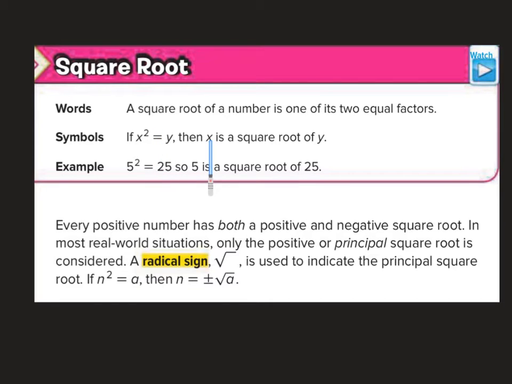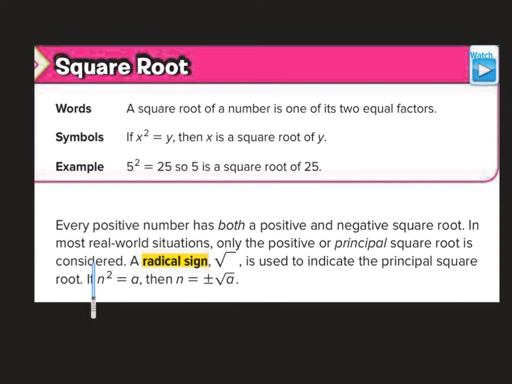A square root of a number is one of its two equal factors. You probably remember this from finding the doubles when you were working on multiplication tables, like 2 times 2 is 4, 3 times 3 is 9, 4 times 4 is 16. In symbols, it looks like this. If x squared equals y, then x is a square root of y. So for example, if 5 squared equals 25, 5 is a square root of 25,